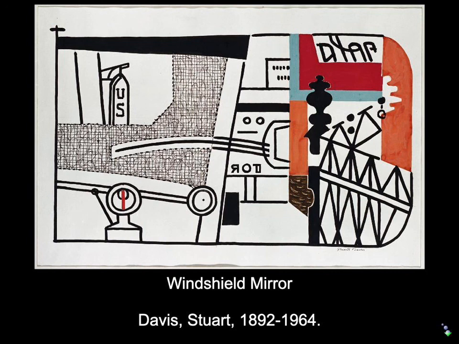So if you look at this, you see the total white rectangle of the painting. On the left, you see that black line and two right angles that starts to form a rectangle of the image. On the right, you see that those have curved corners. And down the middle, there's a bit of a diagonal line that divides the left and the right half. What you're looking at here is from the inside of a car outward. So on the left, you're looking out the front windshield of the car.